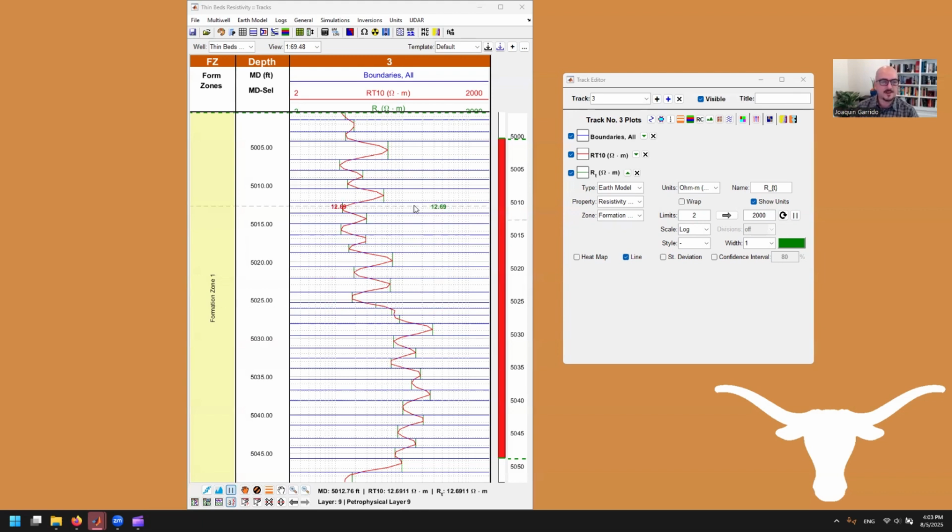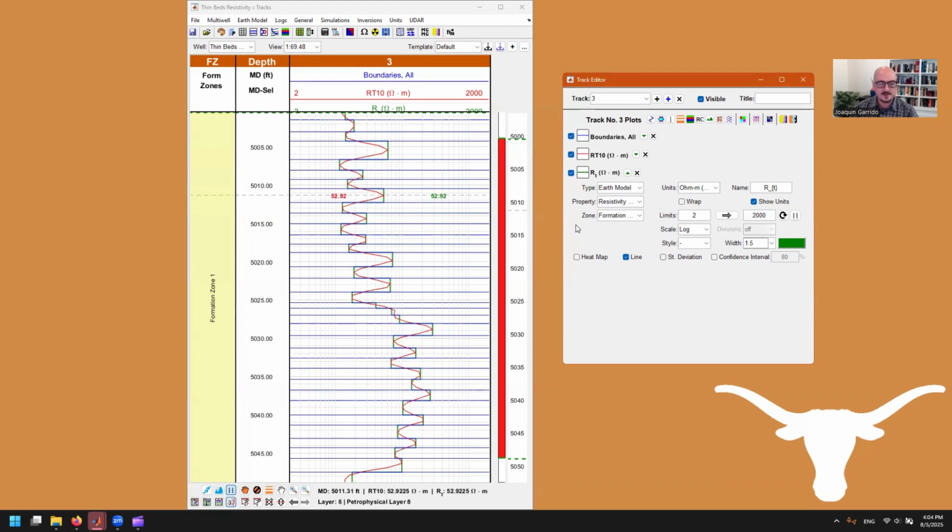So in the previous exercise, we learned how to load the data, visualize it, and then populate the properties to have the poor man's Earth model. So now we have resistivity here. I'm going to make it a little thicker. The blocky logs, what we call the blocky logs that have the discrete changes, are the Earth model, and then